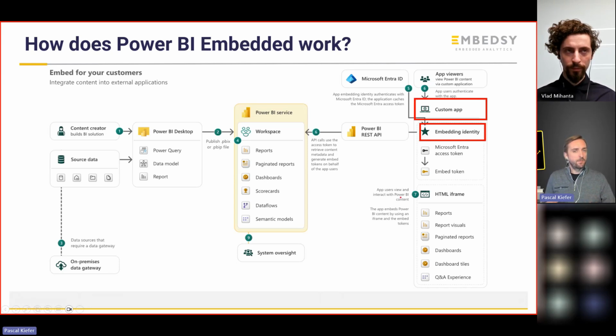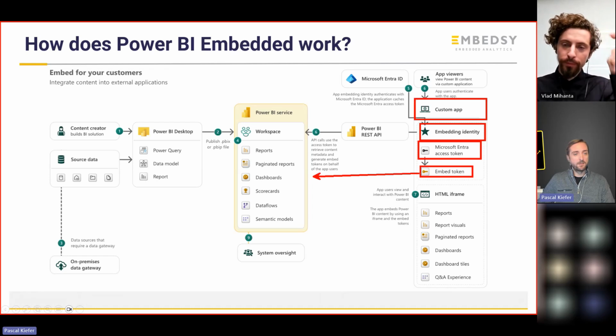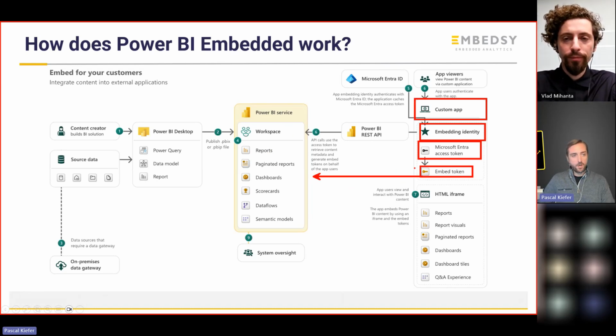So every app needs a bit of a backend, like with user profiles and access rights and roles, and that really depends on the use case, where you can add users to reports. And if that user has access to the report, then this access token is created. And with the access token, we get the embed token, which is sent to the Power BI service to authenticate, and then the Power BI service returns, for example, a report